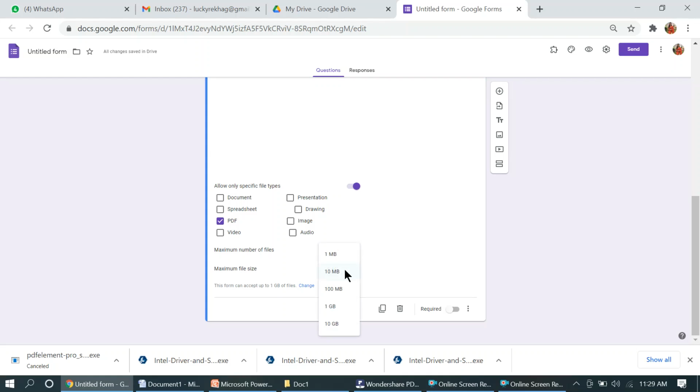From here you can decide what the size of your file can be. Okay, the maximum size you will decide here. That maximum size depends on the quality of the scanner on your mobile. Maybe the file size can be greater, but some limit must be kept. So let's take it 10 MB, right? Fine. All these things have been done and it must be made required.